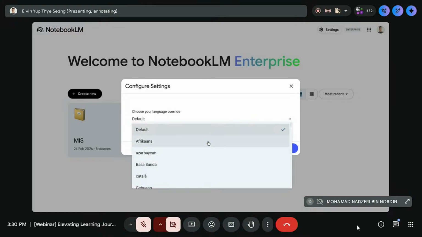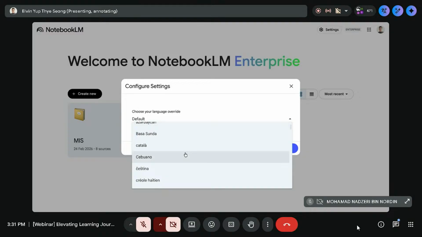When you click on the drop down list, this is the whole list of languages supported in NotebookLM Enterprise, like Afrikaans, Dutch, English, Espanol, Filipino, many of them, Indonesia, Java, Latin. This is Bahasa Melayu, called Melayu. Okay, and then it also supports Portuguese. Those are the list of supported languages, like Vietnamese,